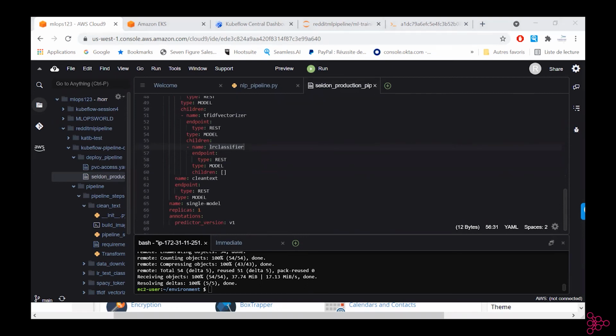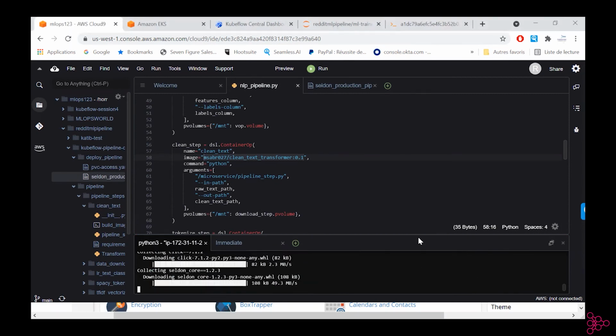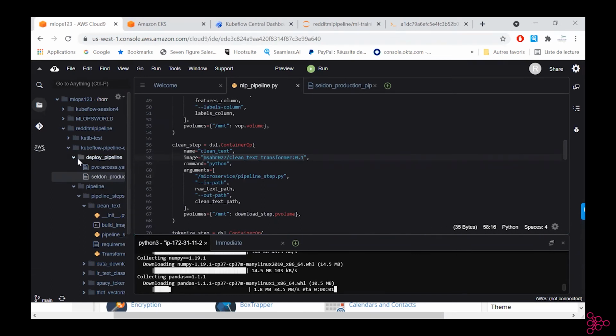Okay, so now it's time to install requirements. Even if the images are built, technically before uploading our pipeline to Kubeflow, we need to have pushed our images so they are available on Docker Hub or any other registry. You could use the AWS registry for images or any other one. Here we'll do some installation for Python. We'll install the requirements dev file that we had here, if you remember.